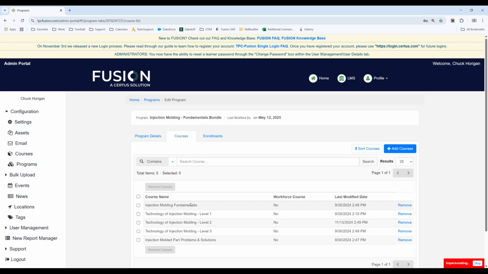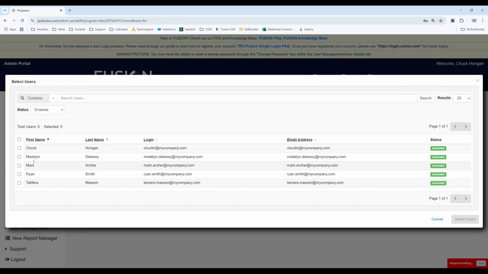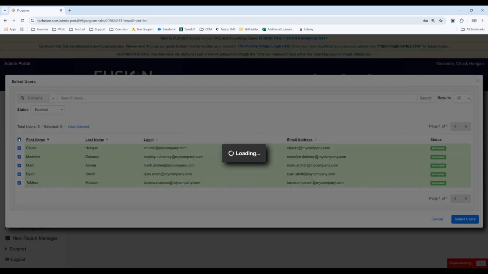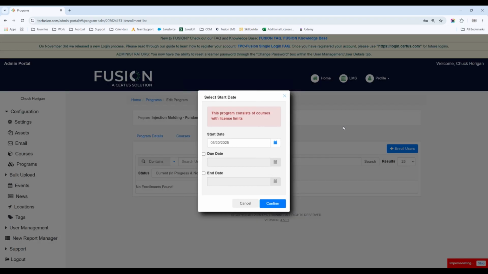Over here on the left, you have courses and you have programs. If I go to programs, you can create your own programs. And a program is just a group of courses that you're assigning as one. For this one, for example, the Injection Molding Fundamentals bundle, that's a group of 5 courses, right? And you can see them listed here. So if I wanted all 5 of these people to take these 5 courses, then I could enroll them all in this one program, right? I go to enrollments, hit add enroll users, and